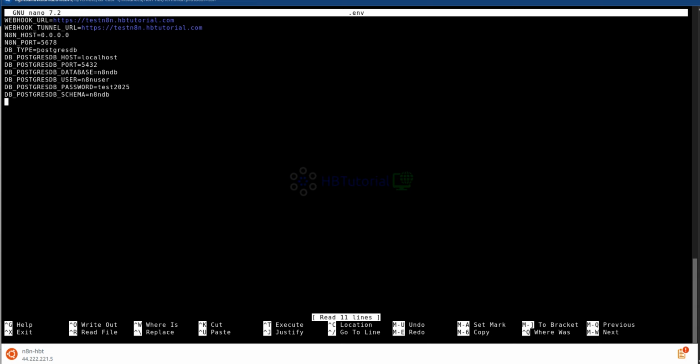DB type equals to Postgres. Postgres host localhost. DB user test 2025, DB postgres SQL.